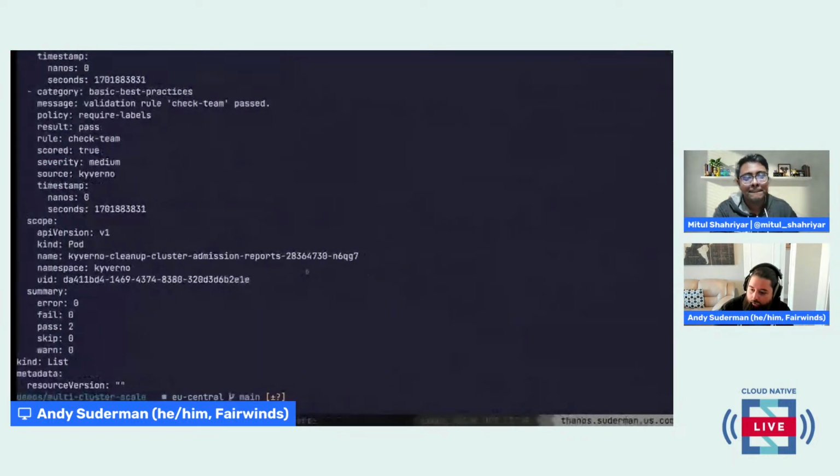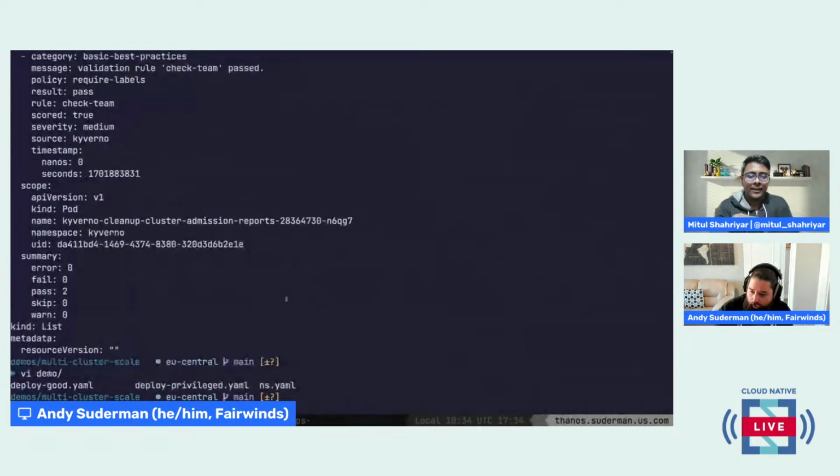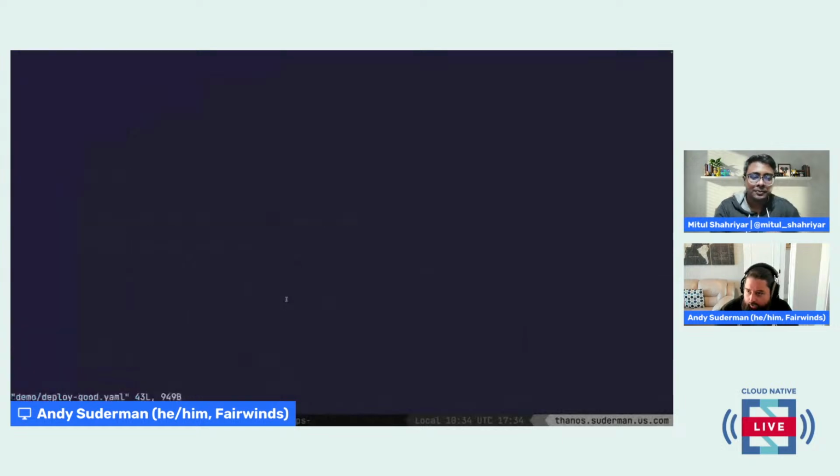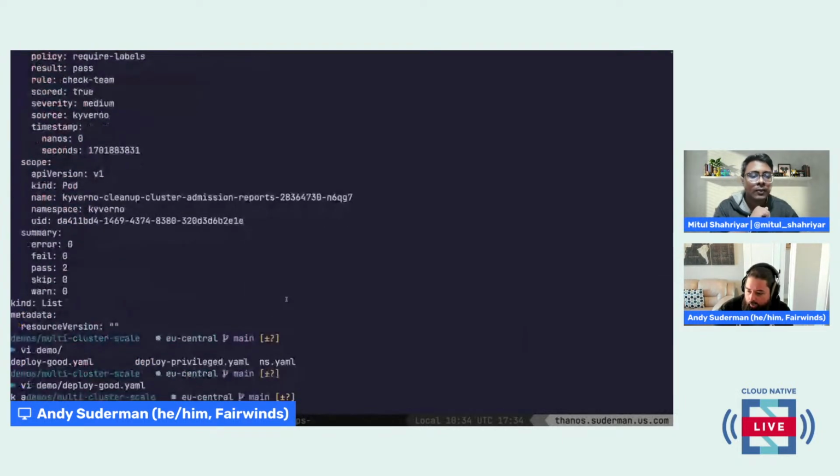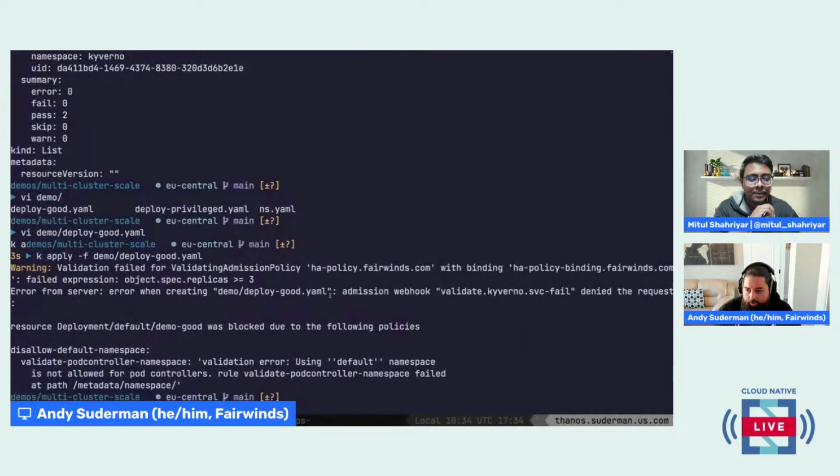So if I, for example, edit this deployment and I say put it in the default namespace, we will see that we should get blocked because Kyverno has disallowed the default namespace and we can't deploy there. So you have to decide, what's the right time to expose this, because this isn't a great experience for me as a developer.